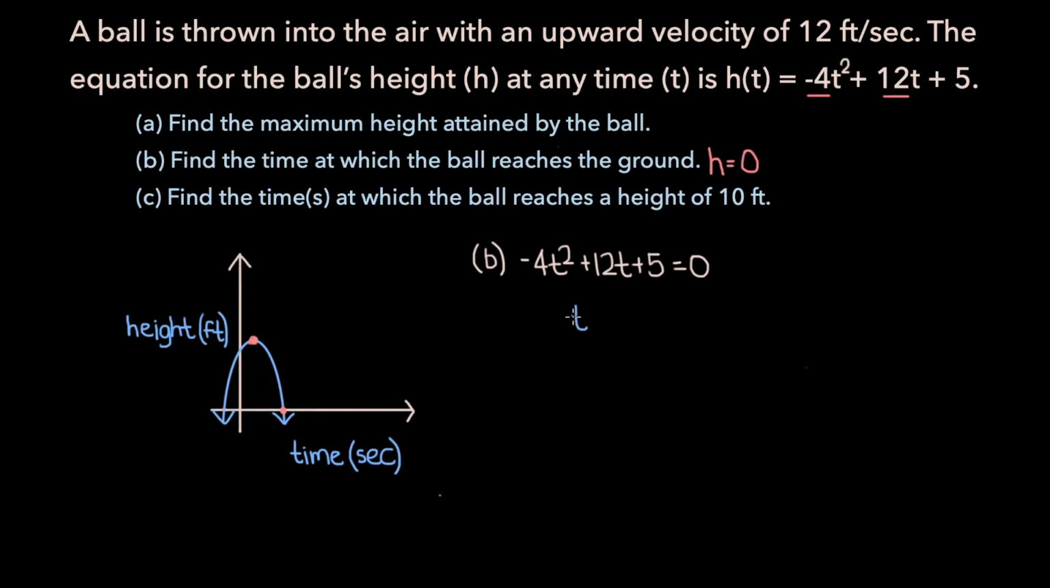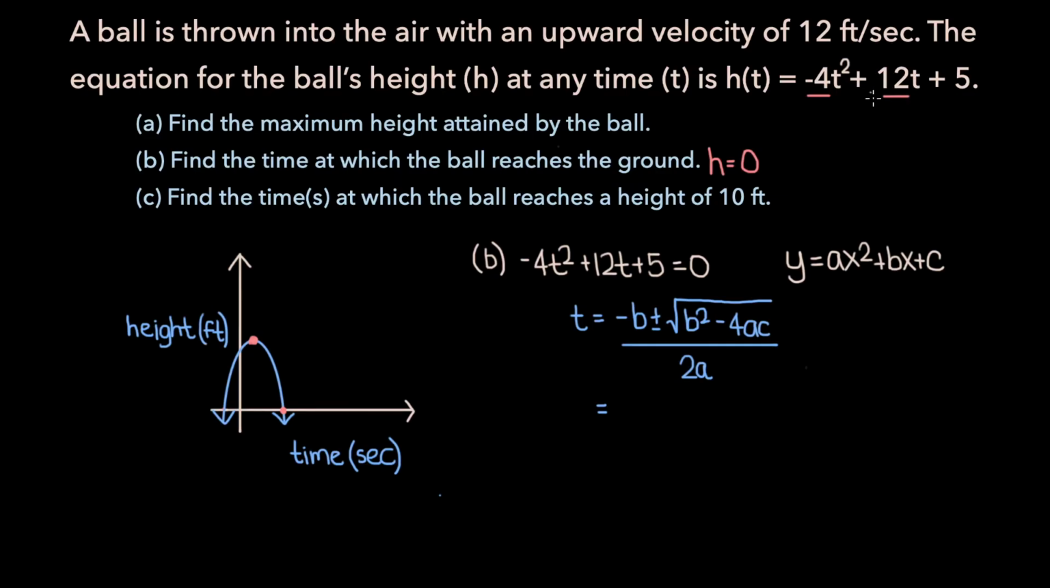Based on the quadratic formula, we know the values of t where h of t will be equal to 0 is minus b plus or minus the square root of b squared minus 4ac over 2a. Once again, b, a, and c in this formula are based off the general form of a quadratic equation, which is y is equal to ax squared plus bx plus c. In part A, we established that b was the coefficient of t, so 12,